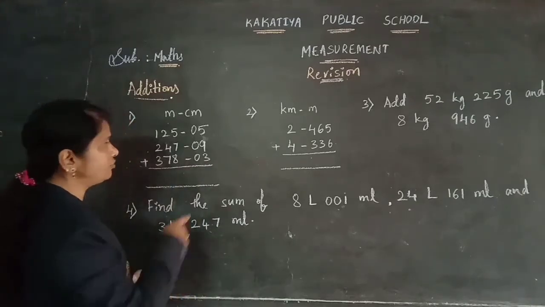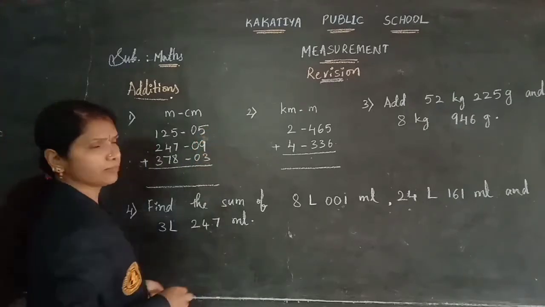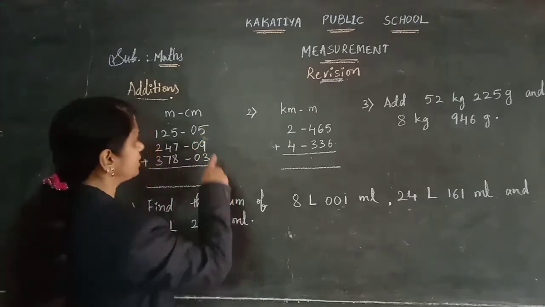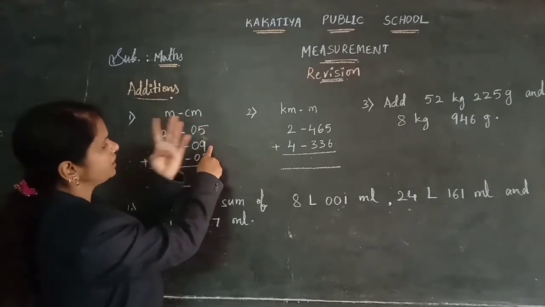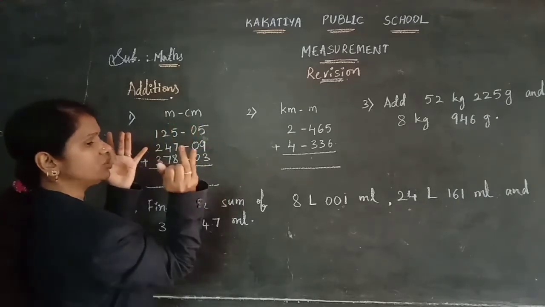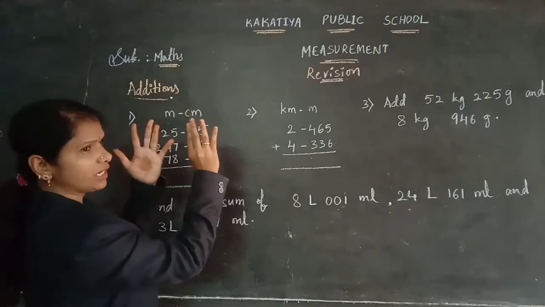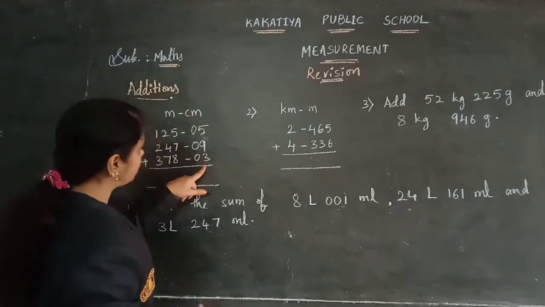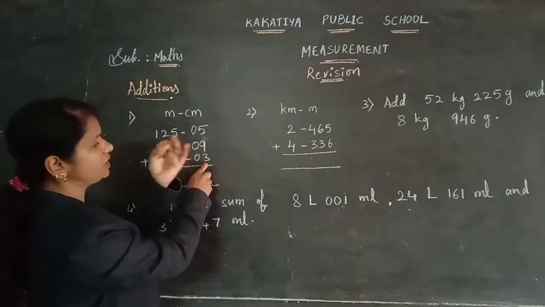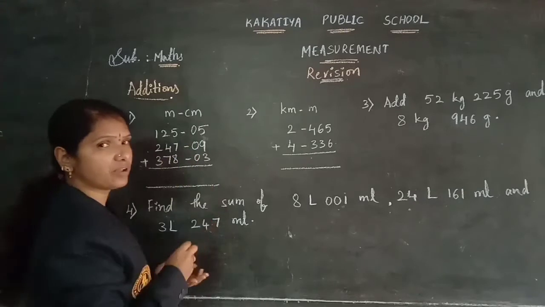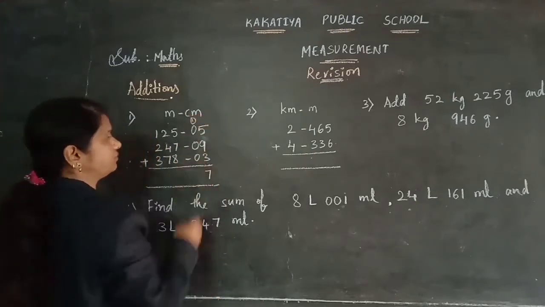Come on, let's add the centimeters column here. Now 5 plus 9. 5 after we need to take the 9 children. 5 after 6, 7, 8, 9, 10, 11, 12, 13, 14. So if I am taking 9 here, I am getting 14. 14, after next 3 we need to take. 14 after 15, 16, 17. So next 3, if I am taking here, I am getting 17. 7 here and 1 carry here.